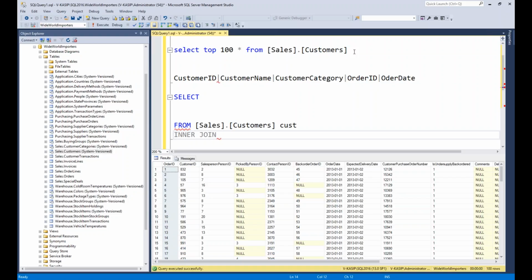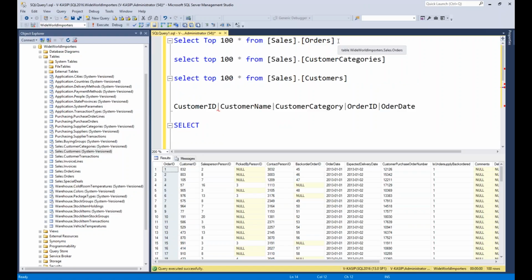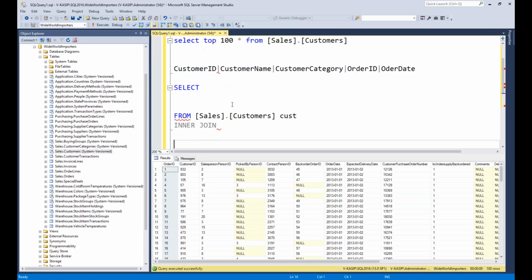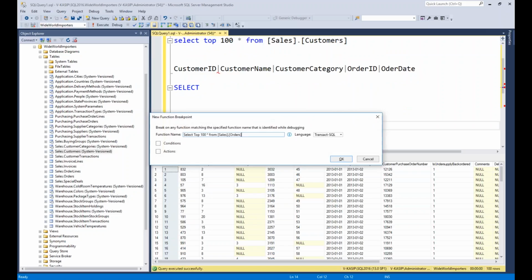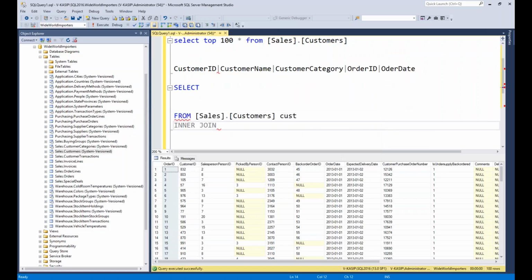So order table. Oh, sorry. Order table. So take the order table. Order. See, it is a keyword, right? Order is a keyword kind of thing. Then to change this keyword to a normal column name, you can give it within the brackets, something like that.